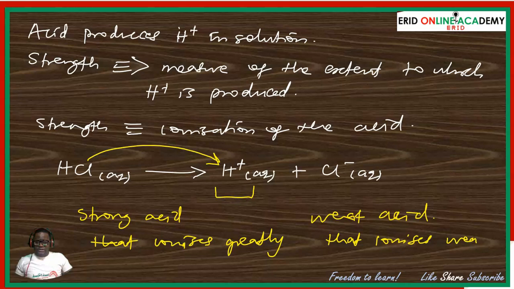So let's use the word partially, that ionizes partially. So this will lead us to the definition of a strong acid and a weak acid. So we'll say a strong acid